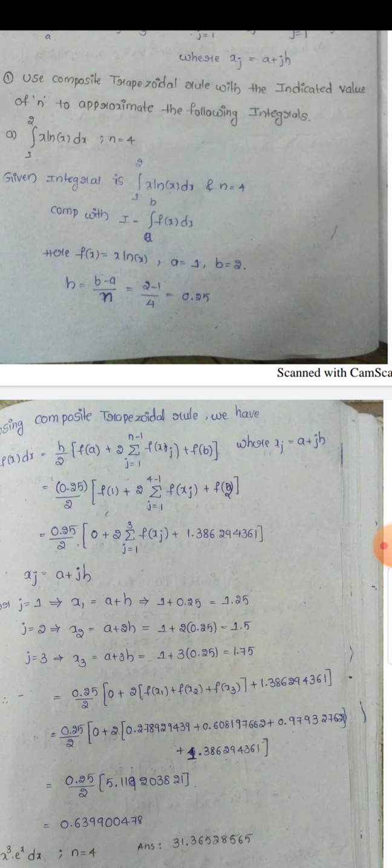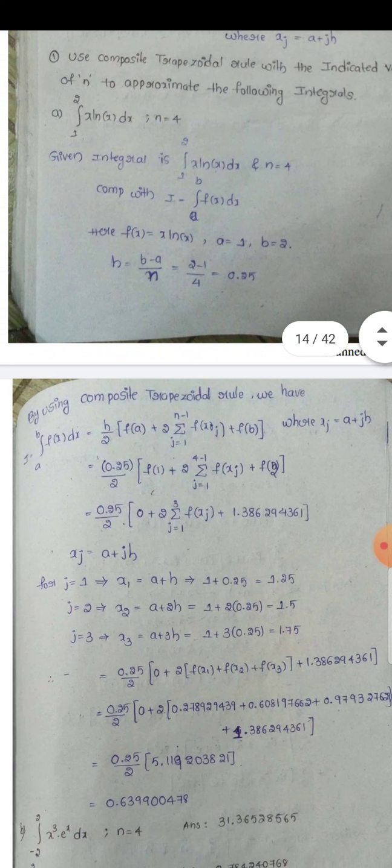Comparing with I equals integral a to b f of x dx, here f of x equals x ln x, a equals 1, b equals 2, h equals (b minus a) by n equals (2 minus 1) by 4 equals 0.25. Using composite trapezoidal rule, we have I equals integral a to b f of x dx equals h by 2 into [f of a plus 2 into summation j equals 1 to n minus 1 f of xj plus f of b],